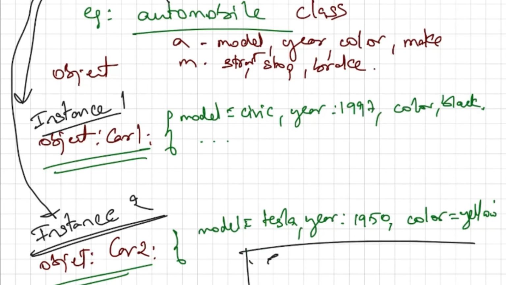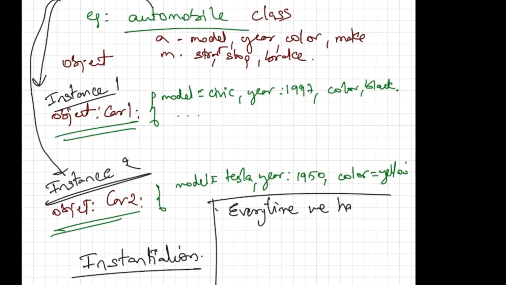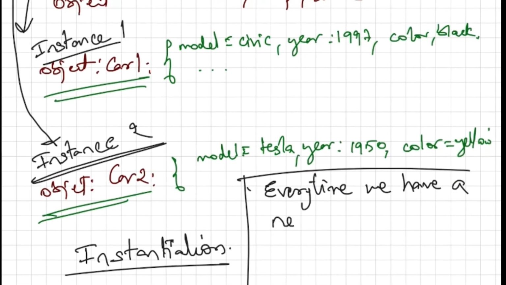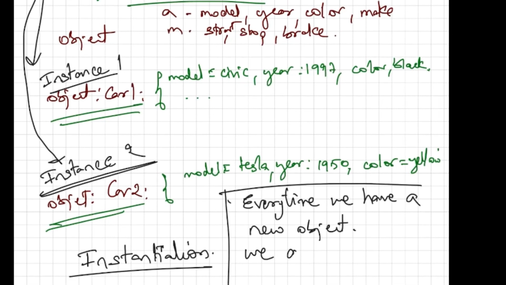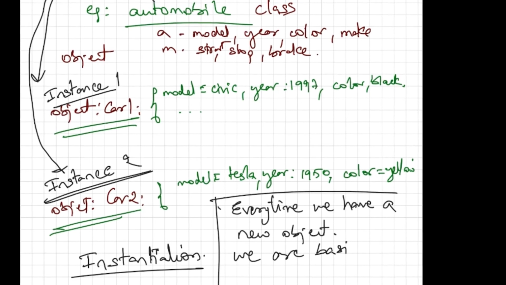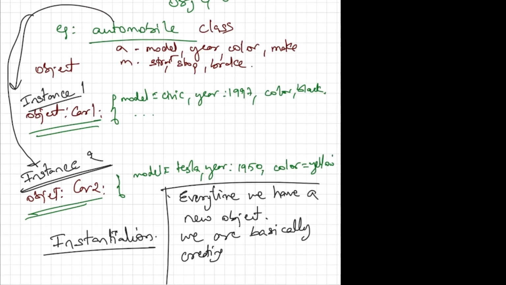So every time we have a new object, we are basically creating a new instance of a class. This is called instantiation. From there we can move on to our topic called